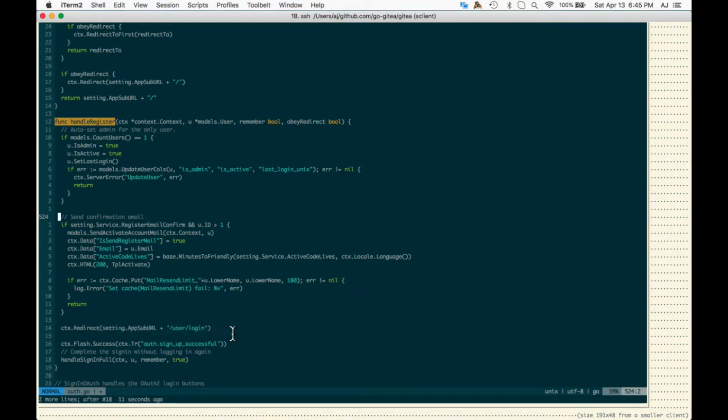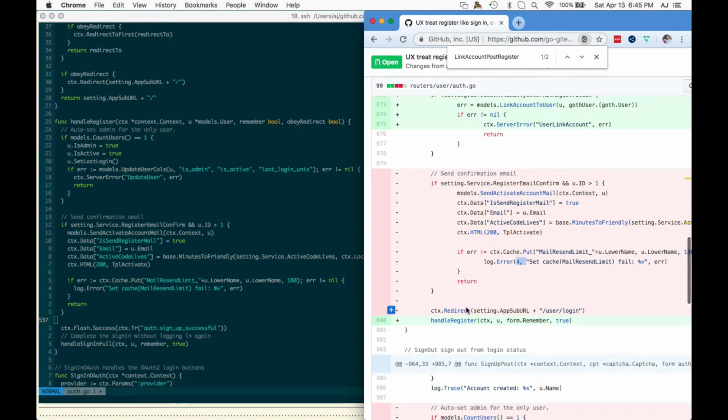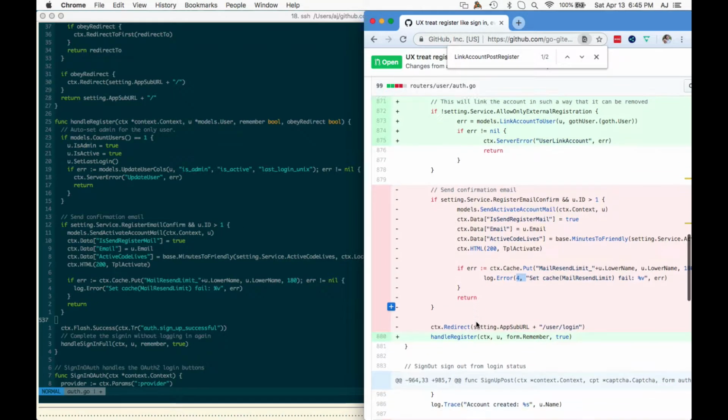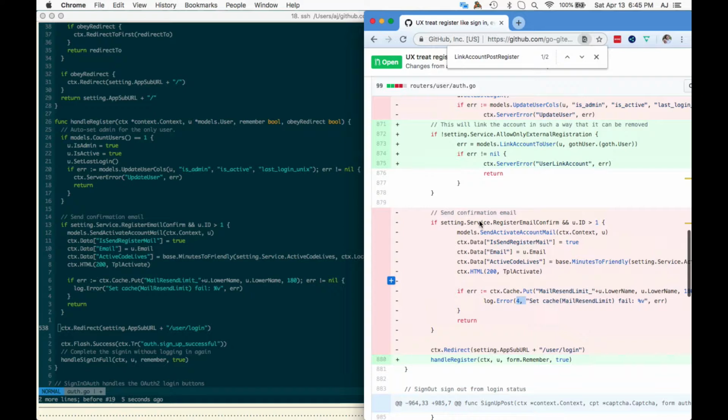I know why that is. So the reason is that the redirect was removed because the handle register function is only handling the registering, and then the redirect is back on the responsibility of the calling function. Or maybe it's just more universal in some way, like something's being set in the context.